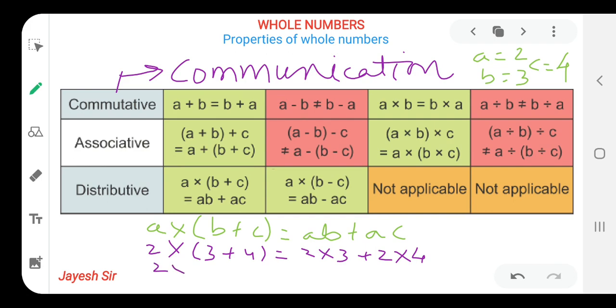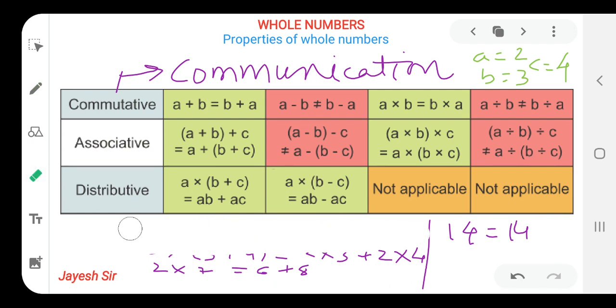So 2 multiplied by (3 plus 4), that is 7. Here I am writing 2 3s are 6 plus 8. I am writing the answer over here because I am having lack of space. That means 14, and 6 plus 8 also 14. So that means it satisfies under the addition and multiplication property. Yes, friends, I hope you all might be getting it. The distributive property is satisfied under addition and multiplication, and it satisfies under multiplication and subtraction also. Yes, friends, I hope you all might be getting it.